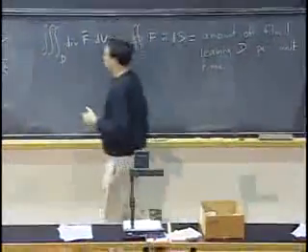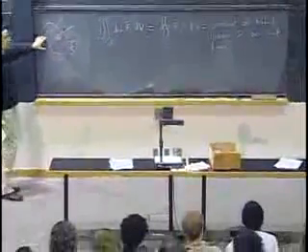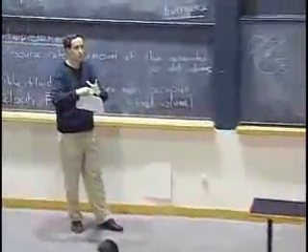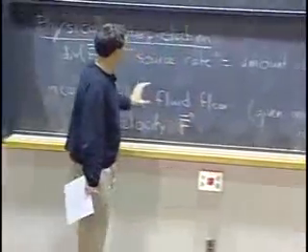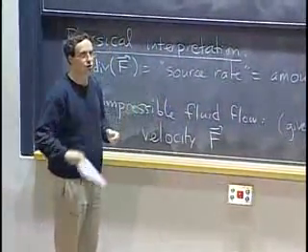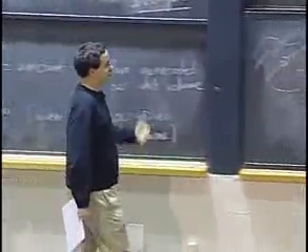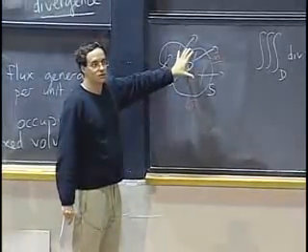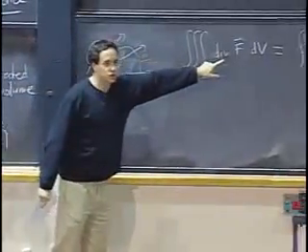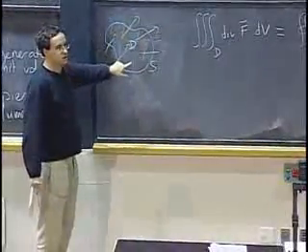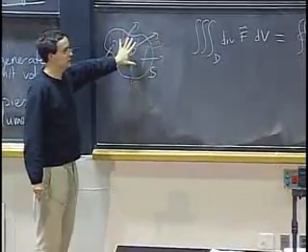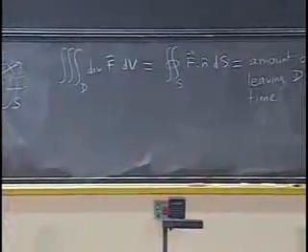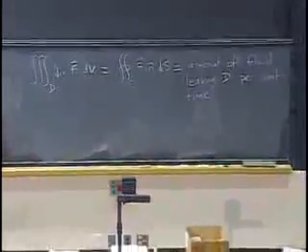So now, if there's stuff coming into D or going out of D, it must come from somewhere. One possibility would be that your fluid is actually being compressed or expanded. But I've said, no, I'm looking at something like water that you cannot squish into smaller volume. So in that case, the only explanation is that there's something in here that is sucking up water or producing more water. And so integrating the divergence gives you the total amount of sources minus the amount of sinks that are inside this region. So the divergence itself measures basically the amount of sources or sinks per unit volume at a given place.